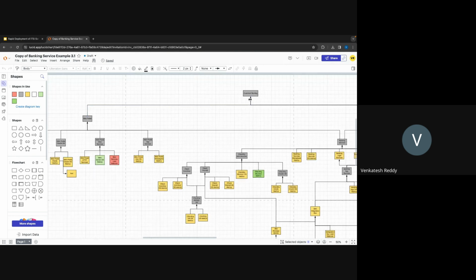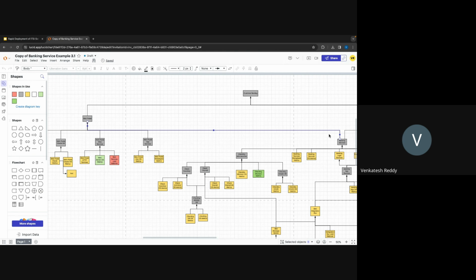I created a service decomposition here for the banking sector, for customer banking. This service is dependent on the web portal, and the web portal is dependent on the Oracle web portal, web services and app services, and these app services are dependent on other services.